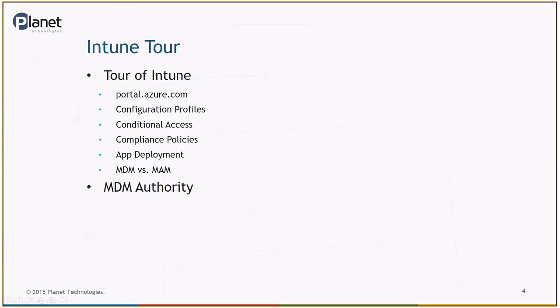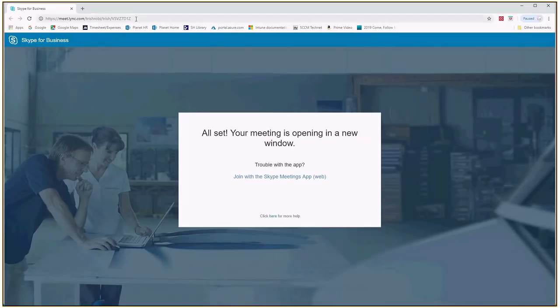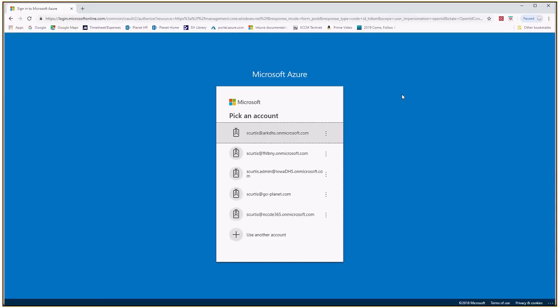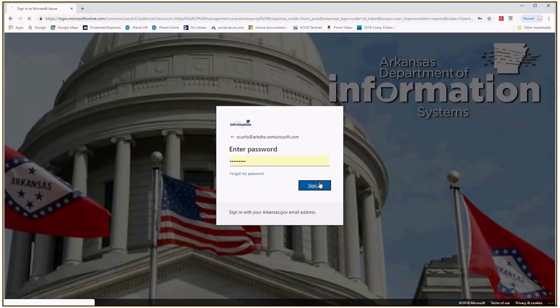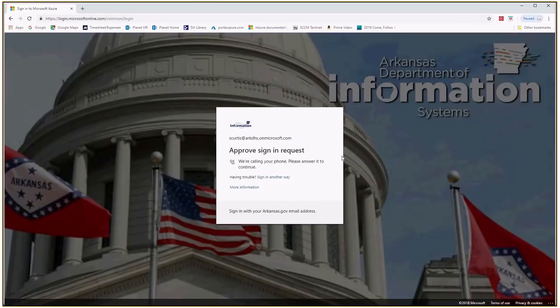here at portal.azure.com. You can use just about any modern browser to access portal.azure.com. I'm going to be using Google Chrome today, so I'm just going to open that up and go to portal.azure.com, and then I'm going to select my user account, which mine looks like on Microsoft.com here, and got my password in there already. Now, the first thing I want to point out is that when I log into the portal,